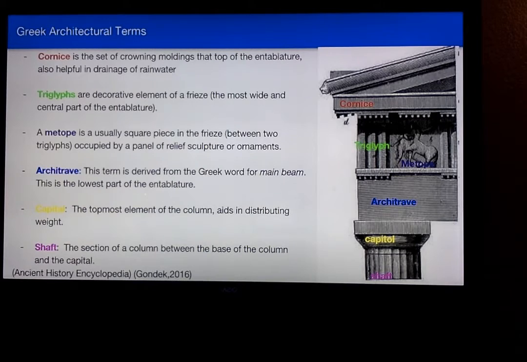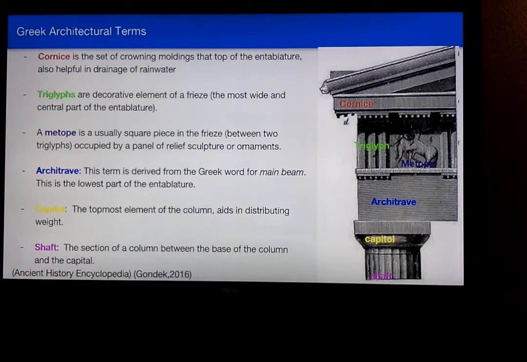Before I elaborate on the three orders of Greek architecture, I would like to go over a few architectural terms. As you can see on the right, I have color coordinated and labeled each part of the structure. Another Greek term used to define structure is called an entablature. The cornice is a set of crown moldings at the top of the entablature, also helpful in draining water from